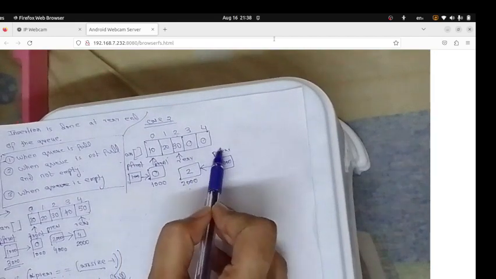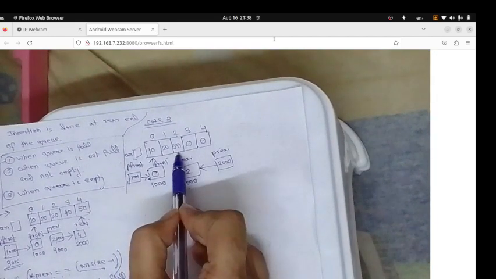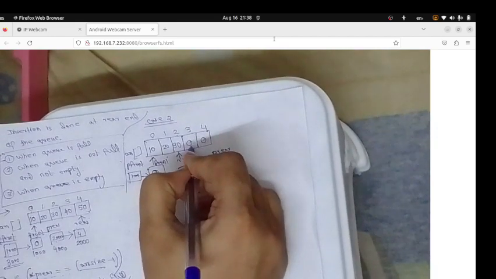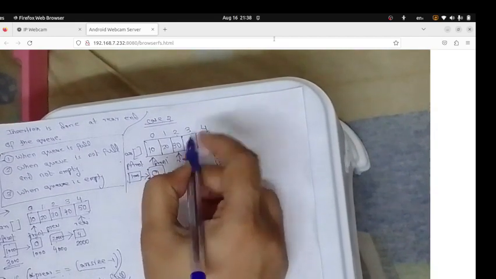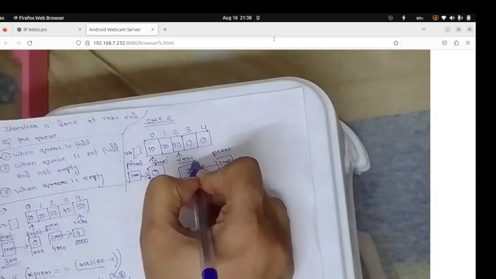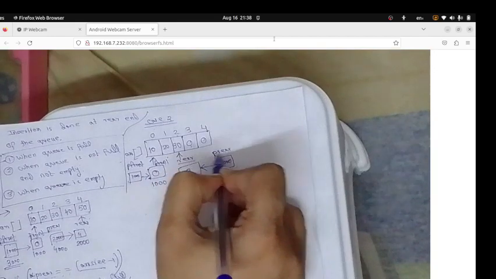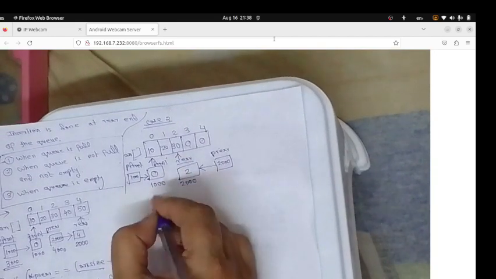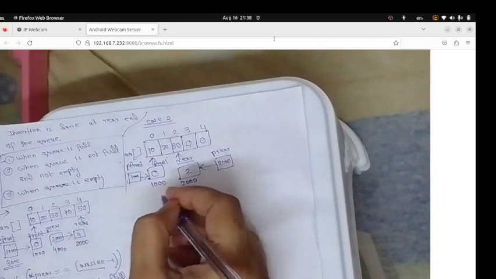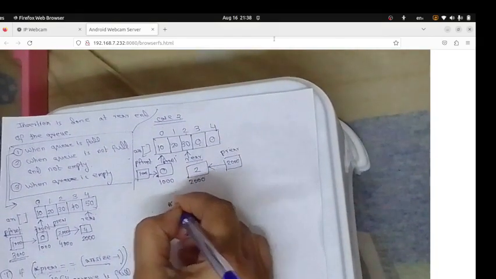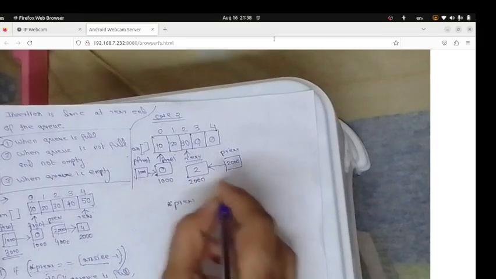In that case, what will happen? This is the rear node. So the next element is to be inserted at the next index position. So what we have to do is increment the rear value by 1. How can it be accessed? By the value at location prear. So in the else part, what we have to write, if this is the else part, is the value at location prear, that means value